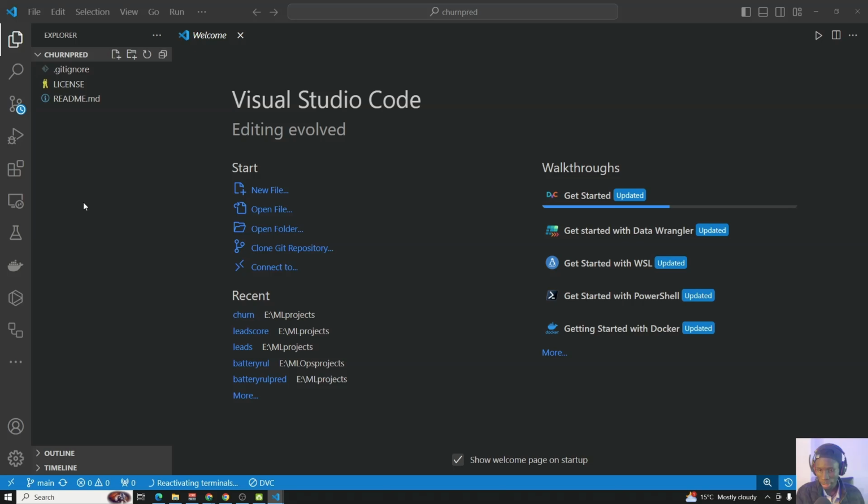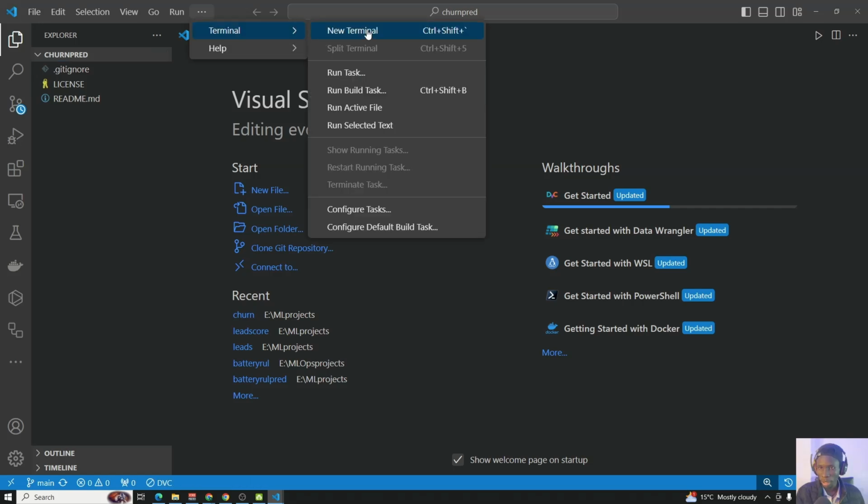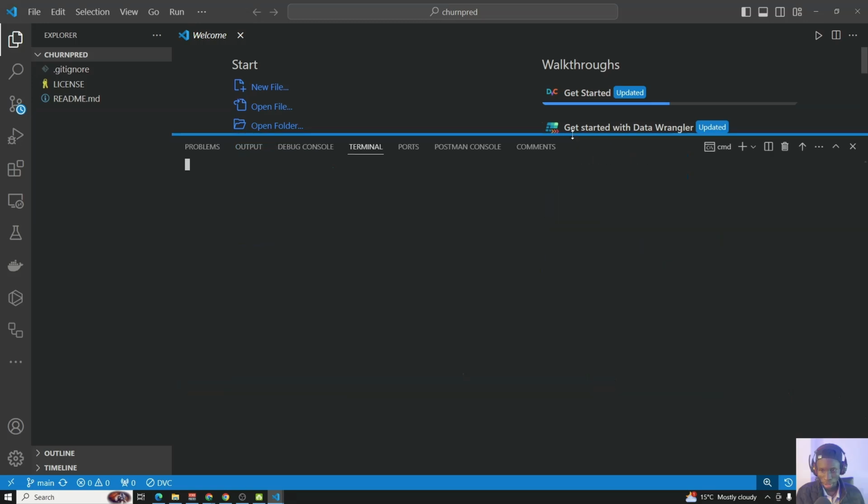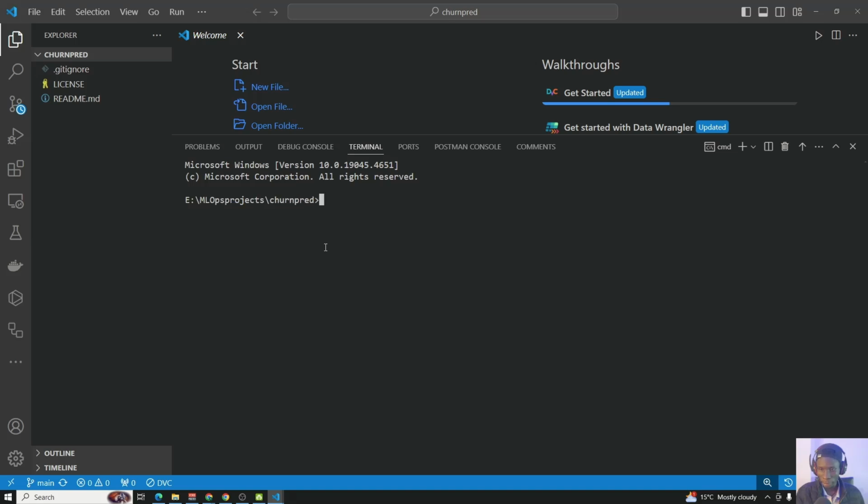Once that is done, the next step will be about creating our Python environment. I'll go to my terminal and open a new terminal. Then in my terminal, I'm going to use this command to create and then activate a Python virtual environment. This environment will enable us to download and install all the dependencies that are necessary for our project. So I'm going to use the command conda create